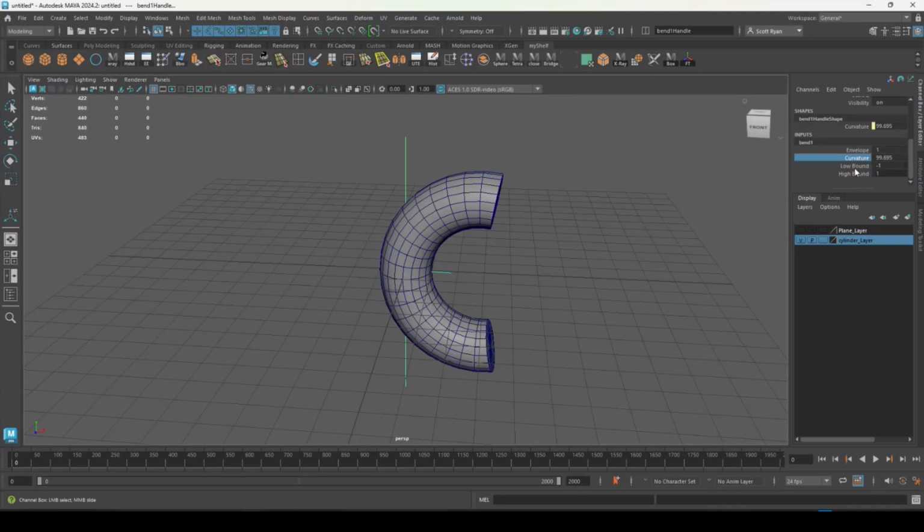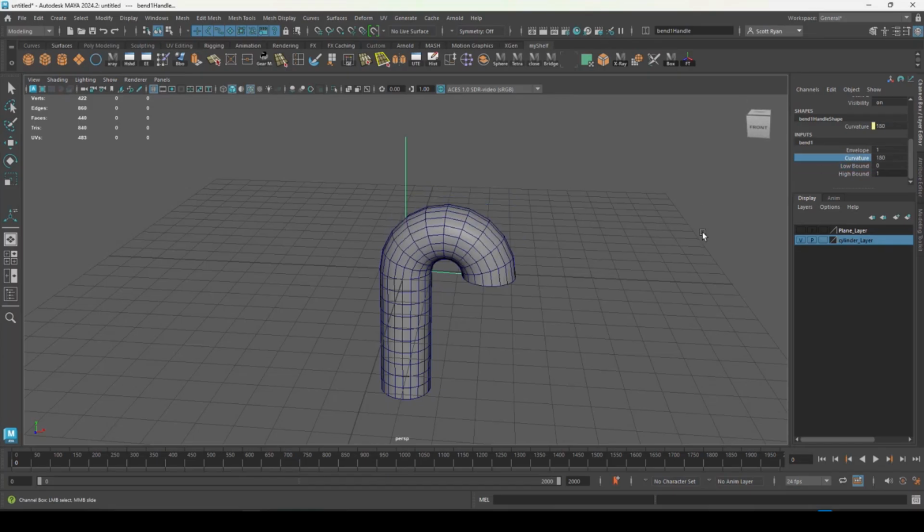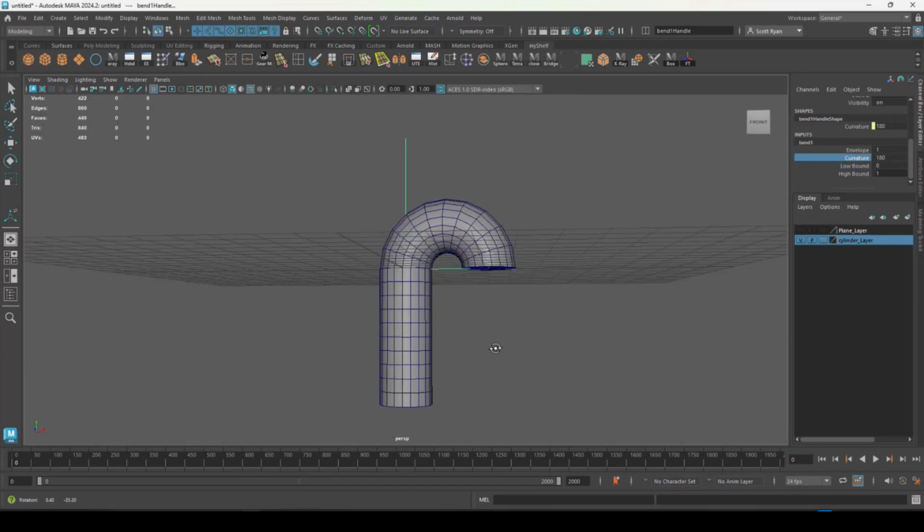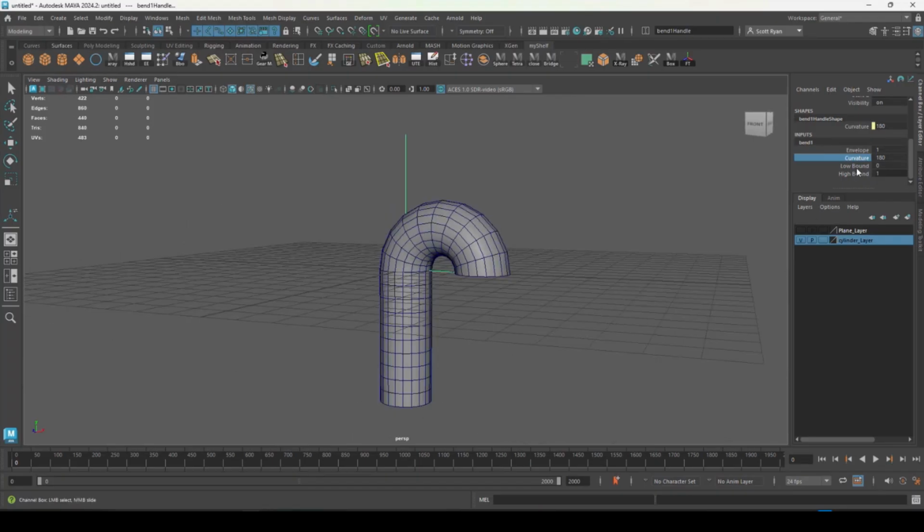Below curvature is low bound and high bound. Low bound controls how far this extends from the center to the bottom. So if I wanted to have something that's more like a candy cane, I could do that. And of course, it works the same way for high bound. If I bring that down,